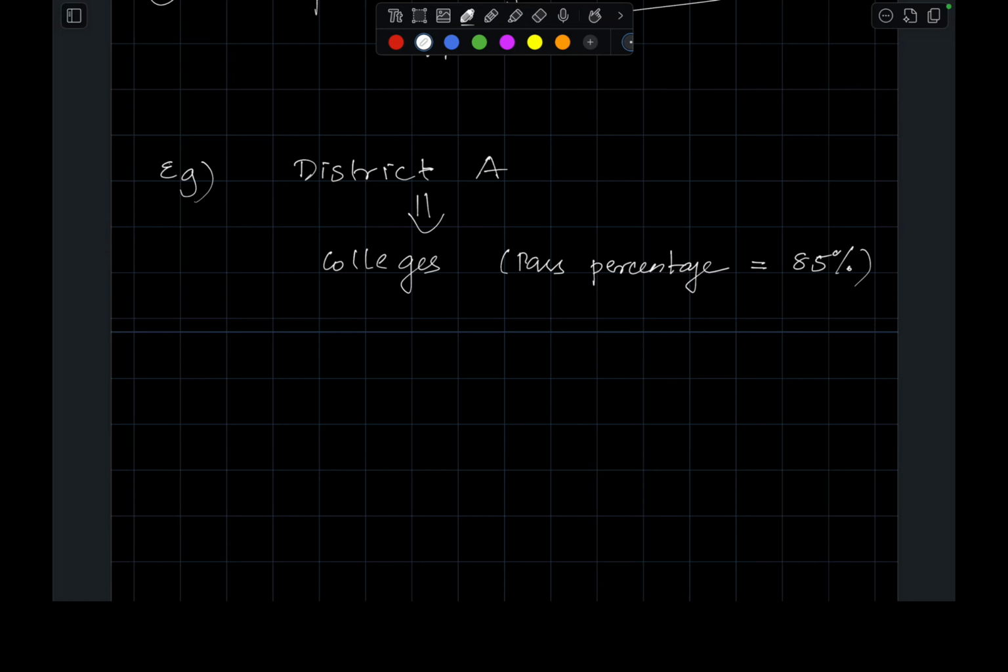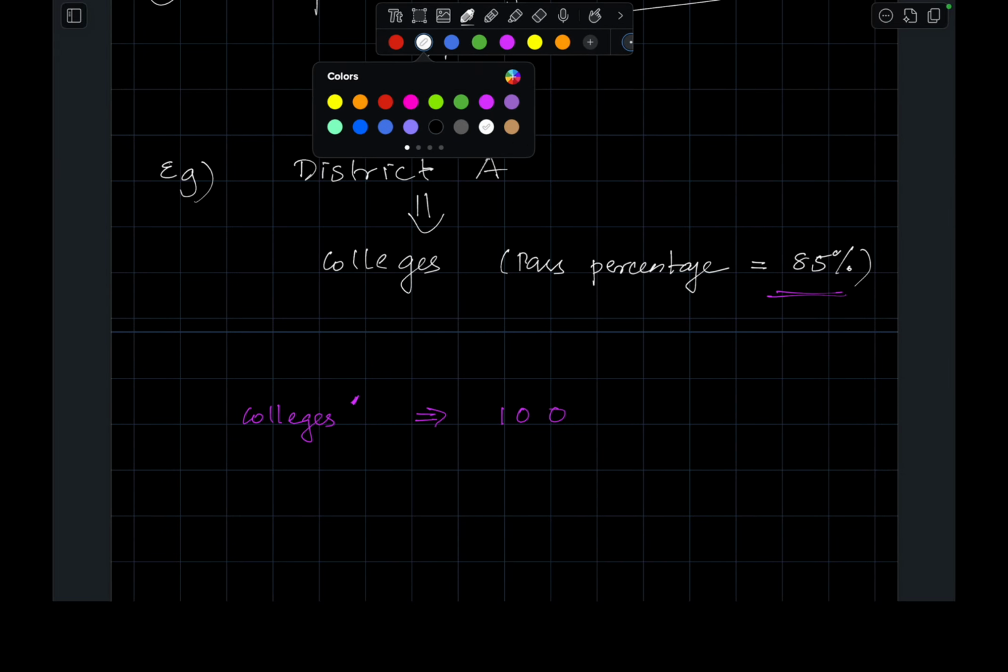So now the new population has one more college apart from the colleges which we considered for the earlier case where we saw the pass percentage is 85 percentage. Now a new college is added to the colleges, so maybe it's a new population, and then we are drawing a sample of 100 students from that particular population,